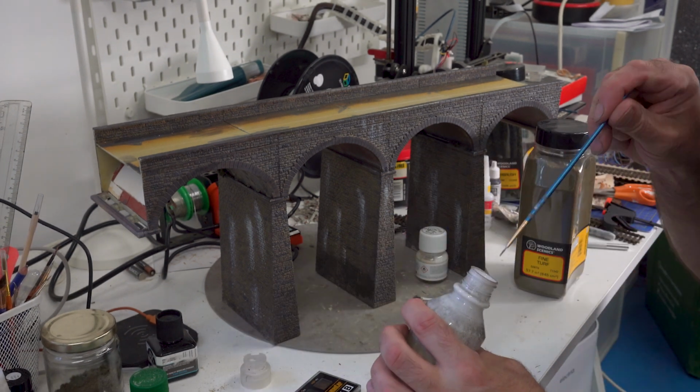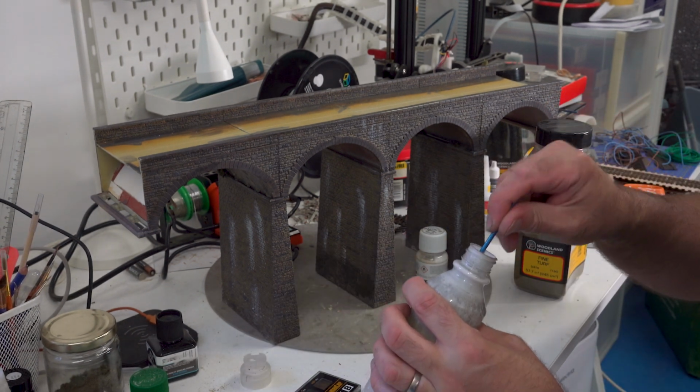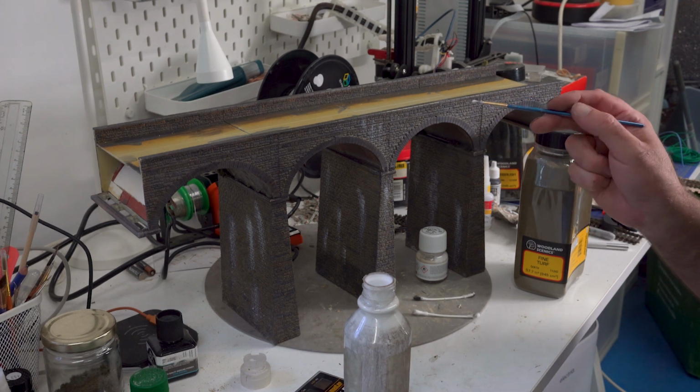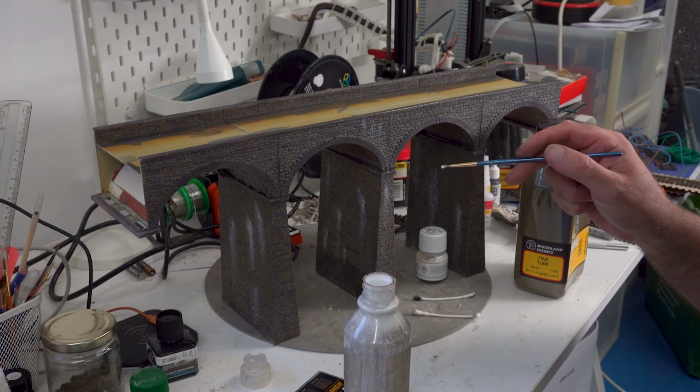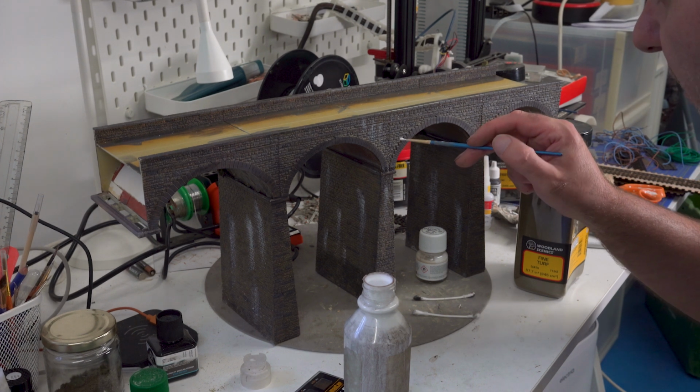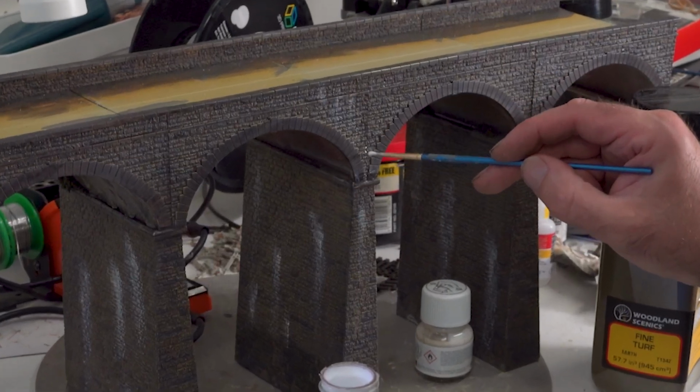And then there are areas where we might expect to find vegetation, but also at the same time, we want to try and cover up some of the seam lines and maybe some of the bits that don't look so good from the kit. So let's go in here with, this is just PVA now,